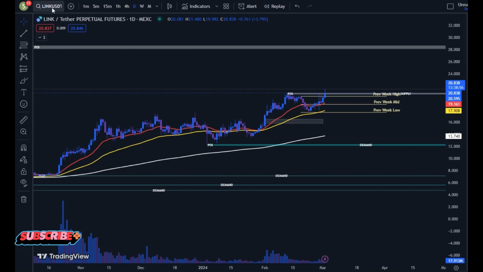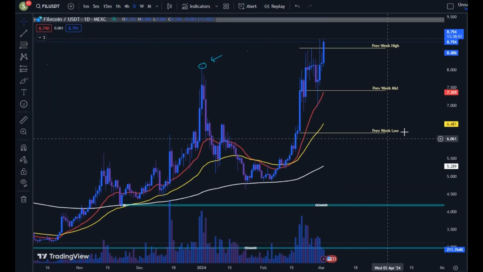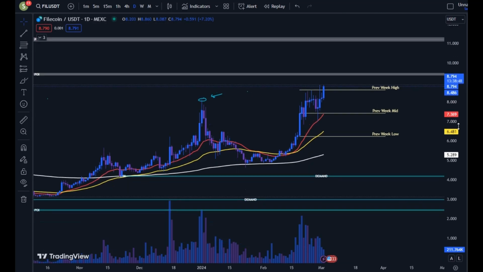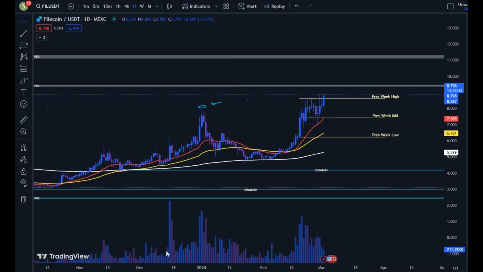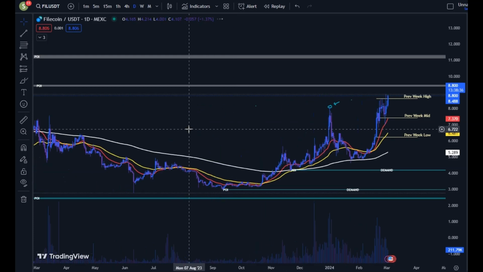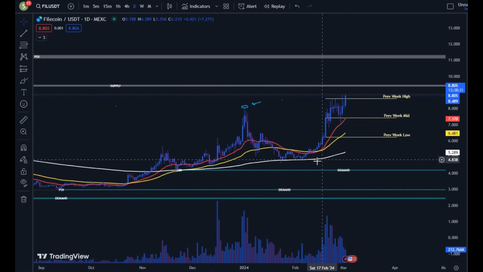One more coin I'm going to do, and then I'm going to get off. Filecoin, or as I call it, Philip coin. I know it's not Philip coin, but I like to call it Philip coin. So it's held $7 this time round. It did previously get to $7 and then dropped dramatically. But then you see how it came down to around $4.07, and it held. It held the 200. Came across, pushed out,